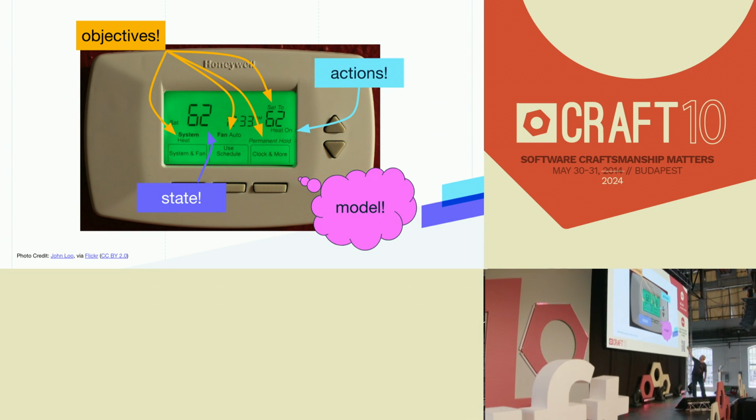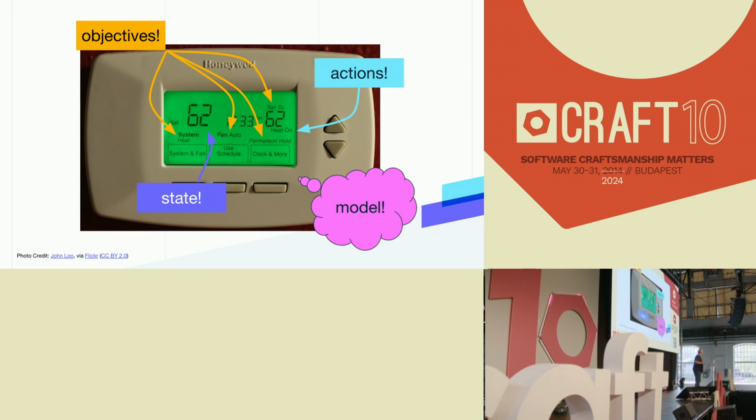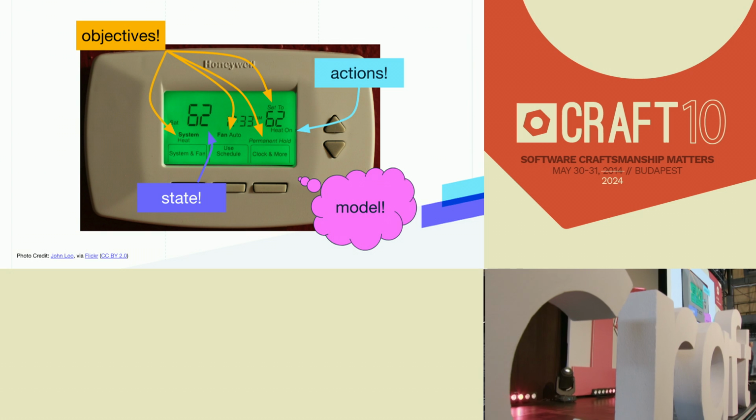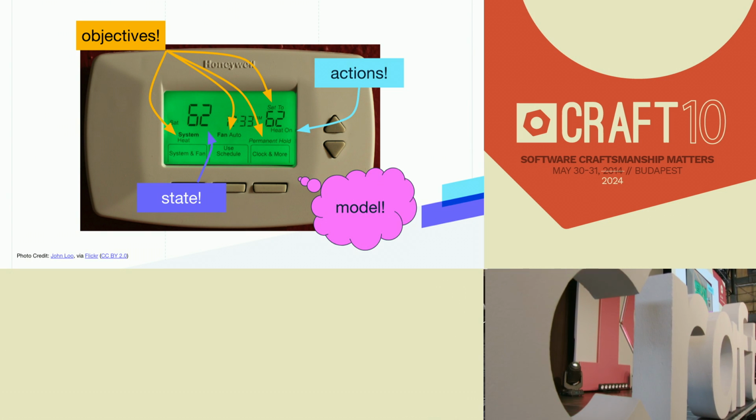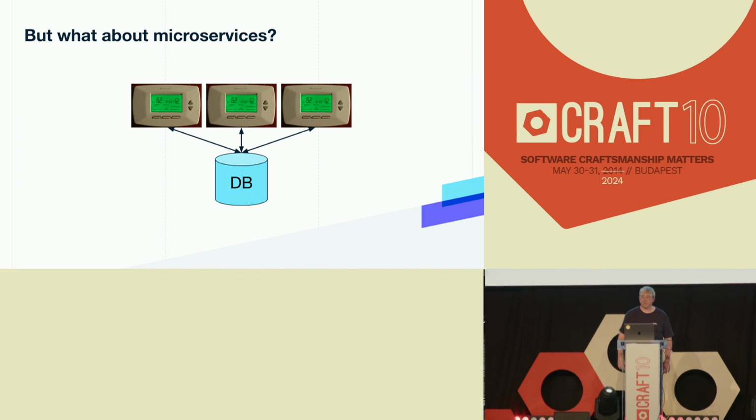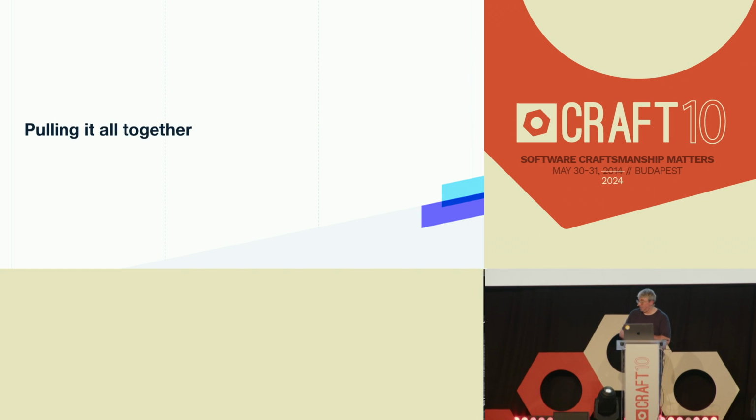And then there's actions, right? Like, am I actually running the heating element to heat things up? So this is a control loop in action, in a very familiar setting for us. But okay, what about microservices? Because we are not running a bunch of thermostats in our production systems. So in the remaining time, I want to try to pull this together and talk about what I think we could build together using these principles as an industry.